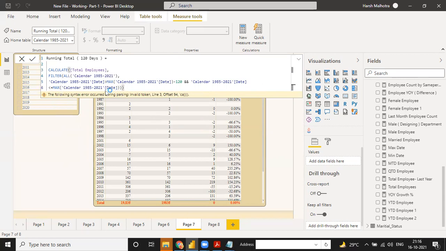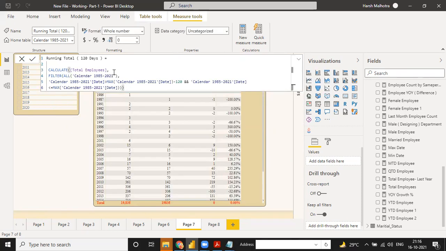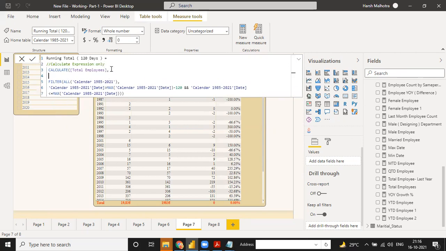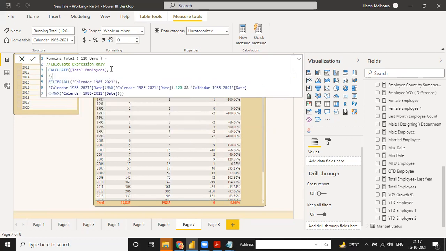Then enter. I can write a comment on this example as well. This function is used in a calculate expression only. Now filter it.